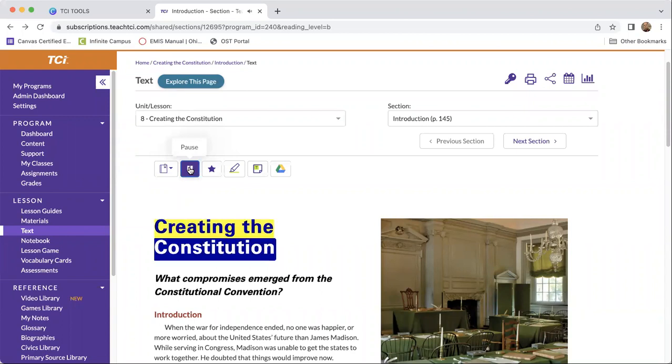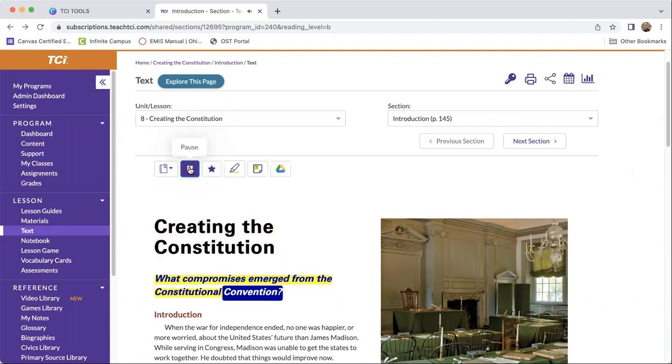Creating the Constitution. What compromises emerged from the Constitutional Convention? Introduction. When the War for Independence ended, no one was happier or more worried about the United States' future than